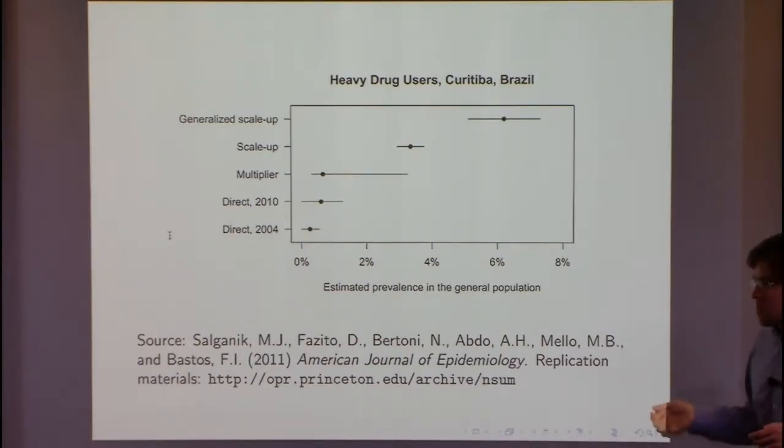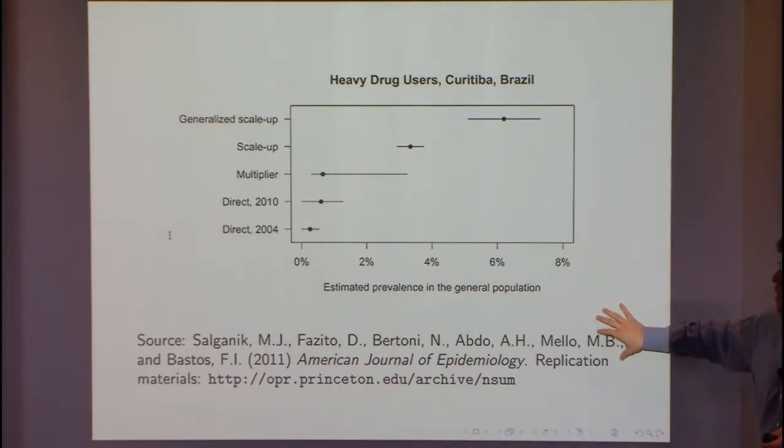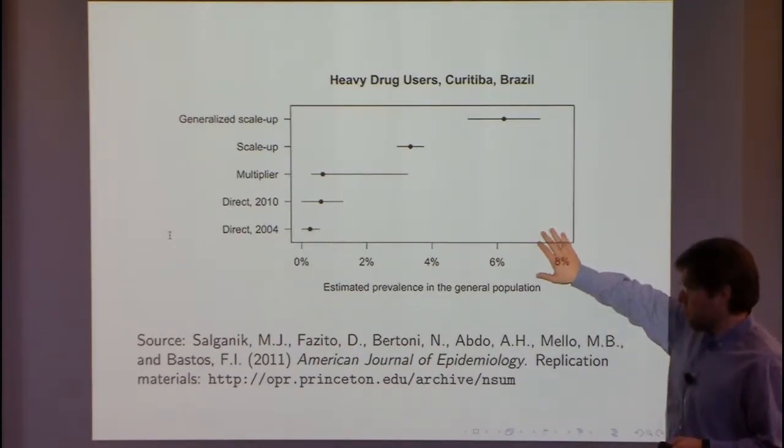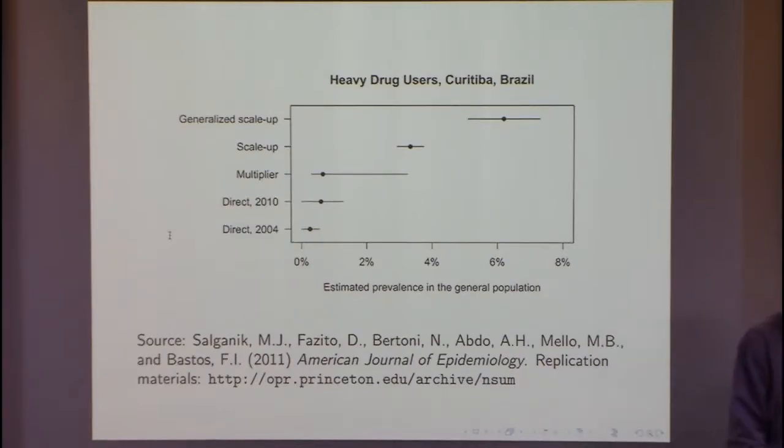One side note, we heard some stuff about data availability earlier. I want to say that in all of our work, we try really hard to make the data publicly available given the legal and ethical constraints. So for this particular paper, all the data is publicly available in the Office of Population Research Data Archive.